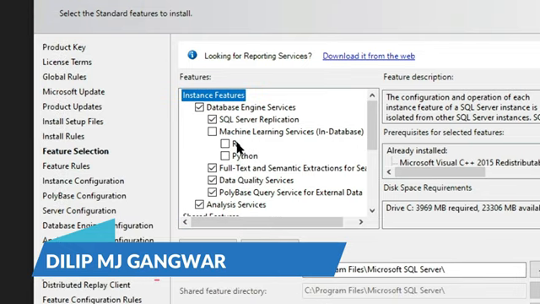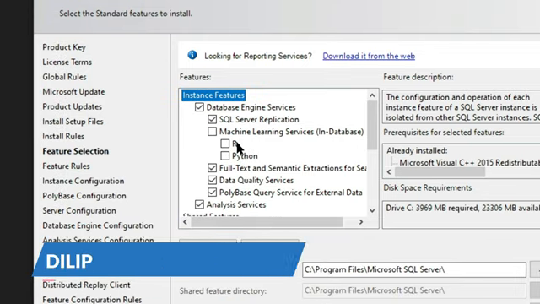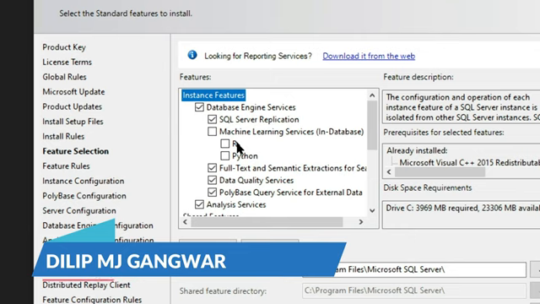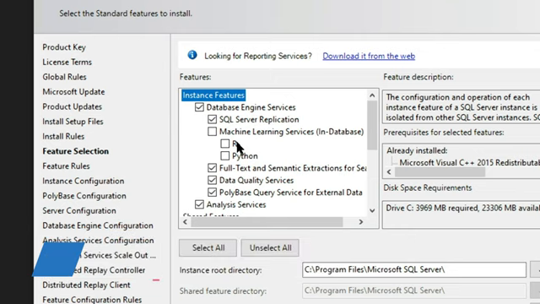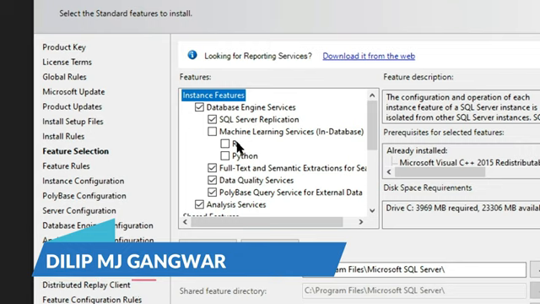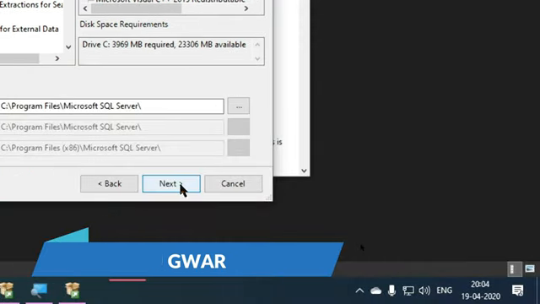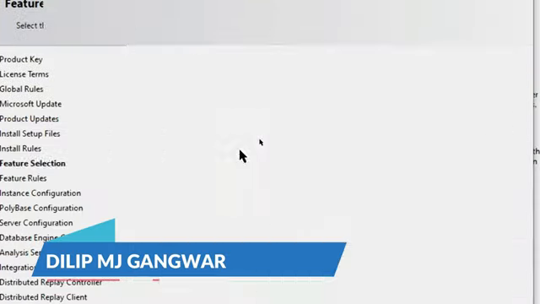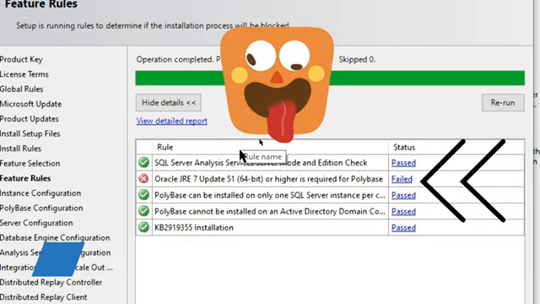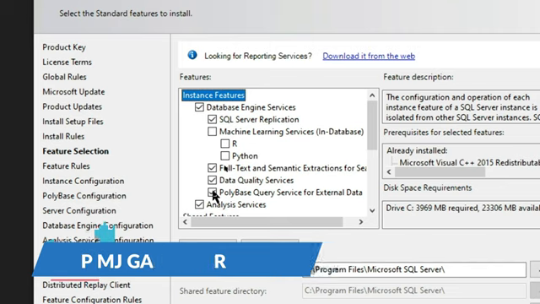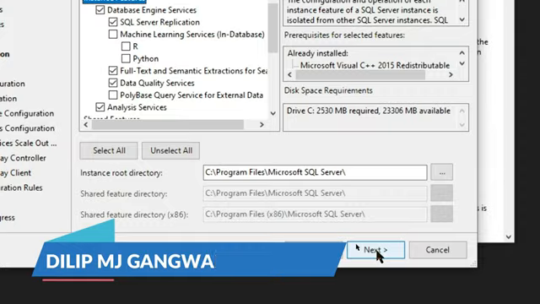These were the services which were being problematic and they were not installing because this is a standard version and we had to download them individually. These are the standalone installations, and then you can click on next. Now there will be an error. Here it is. To get rid of it, let's get back. The Oracle JRE7. To get rid of that, we are also going to untick this one, the Polybase query. Then we can click on next.